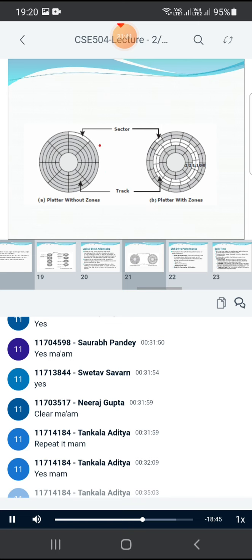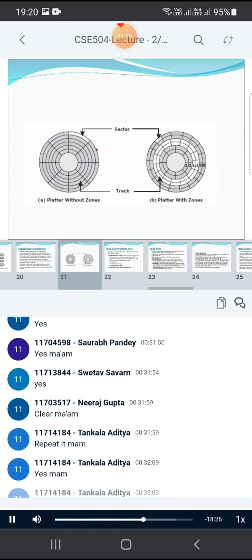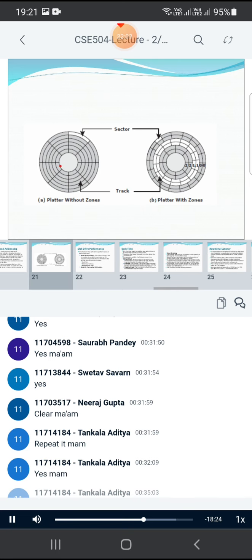See, as you all know, a head will be connected. There will be two heads for this platter, but we are just talking about a single head and how it will be working. A head will be connected to an actuator arm and the head will be moving across these sectors. The head movement will be back and forth. Back and forth means it can move from outwards to inwards and inwards to outwards. Its movement will be like this. So the head will be moving like this. Suppose your data is in this sector, which is the one in white color.